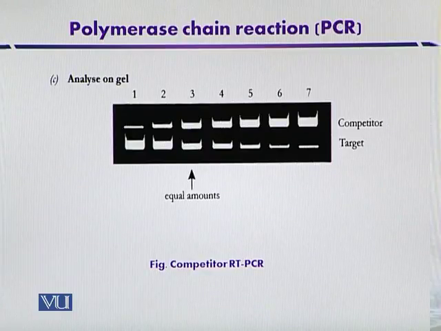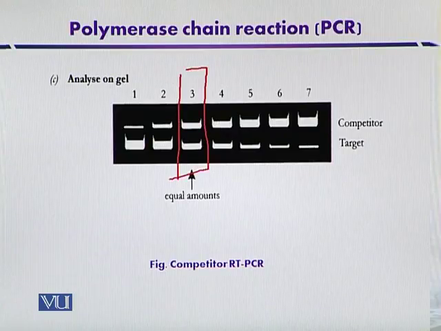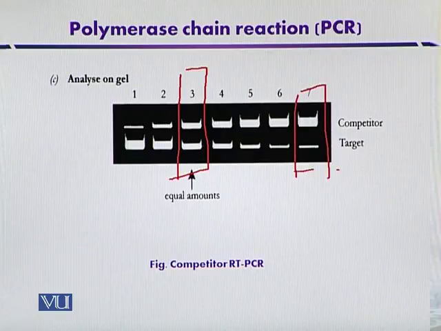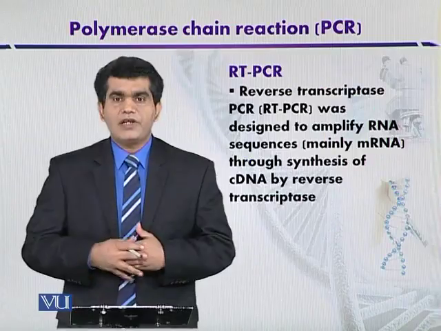Now here in this case, in the third lane, the intensity of the band is the same. That indicates that they have the same concentration in the sample, and in the other lanes the concentration is different. As I told you, the competitor is longer in size, so it will remain behind in the gel as compared to the target sequence. So finally we can conclude that